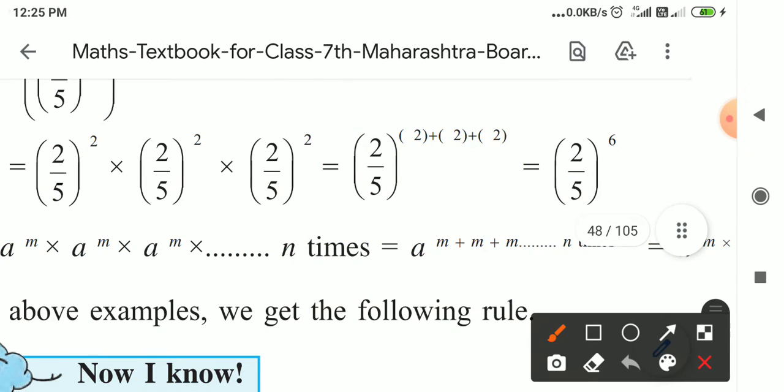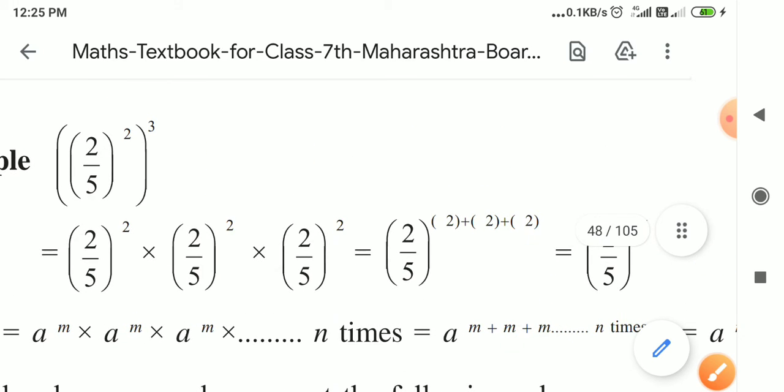Okay, so the steps are given here. This copy-inside problem is there in your textbook. I think it is correct only. So 2 upon 5 raised to minus 2 plus minus 2 plus minus 2 means only 2 upon 5 raised to minus 6. Minus 2 plus minus 2 plus minus 2 is minus 6. That is the lengthy method. Now we will understand the rule, what we have to do.